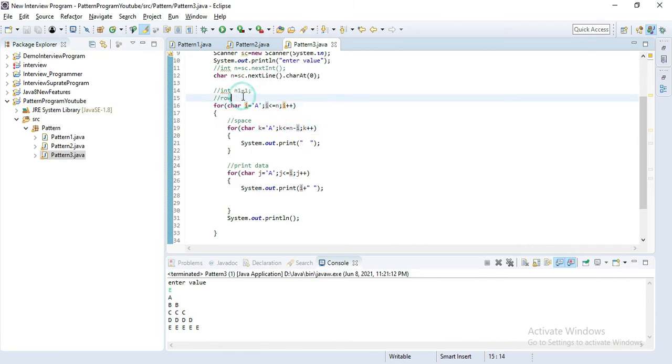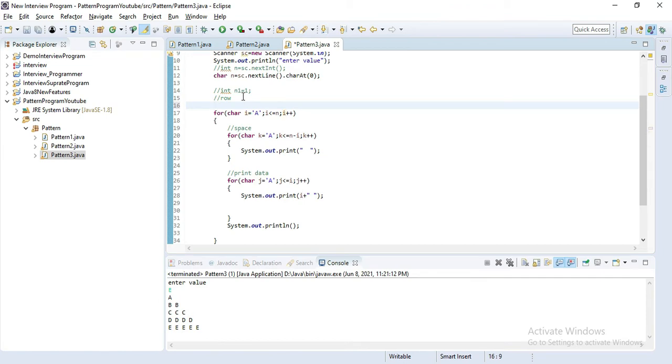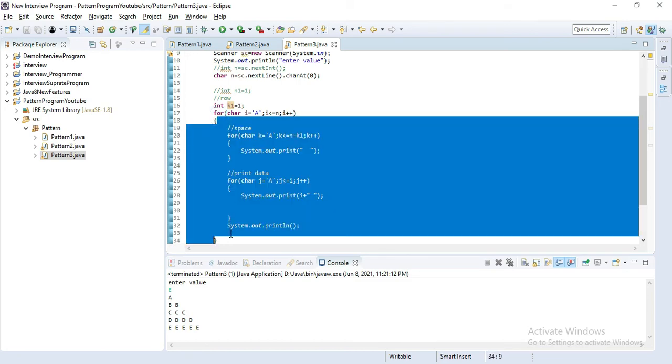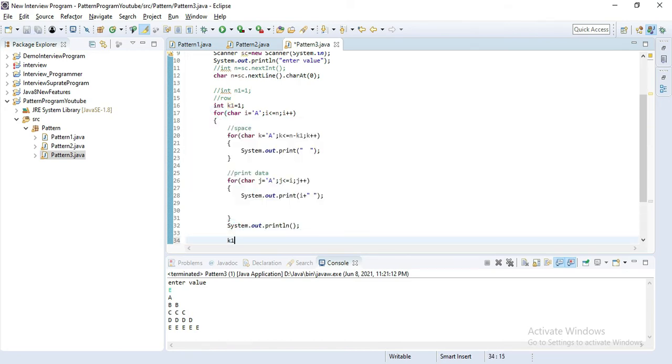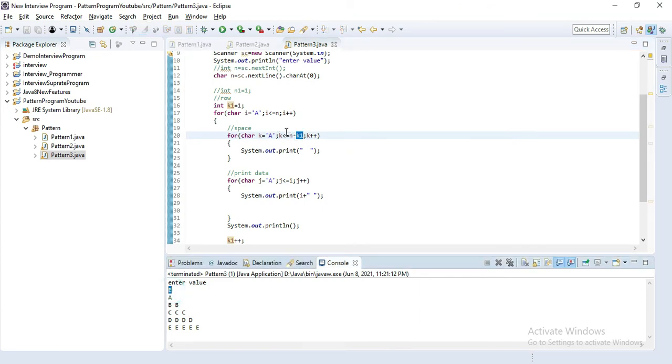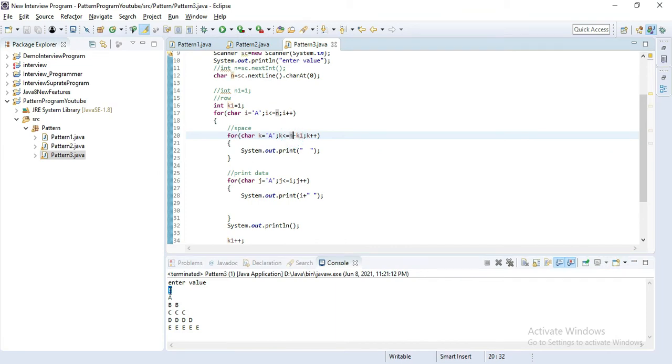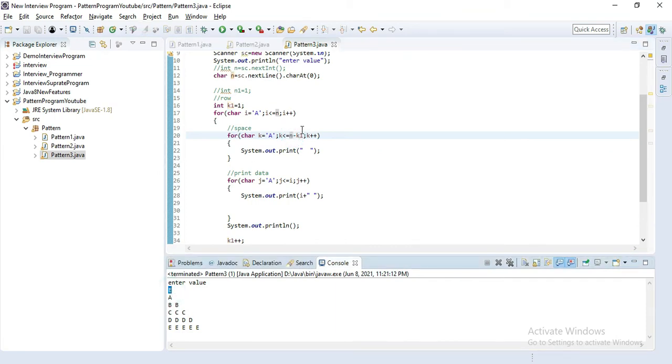So how can we do that? I'll simply define one variable for that. I'll create int k1 equal to 1, and simply instead of i here we put k1. Inside this for loop we will define k1 plus plus. It will increment by 1 every time, and that much value should be subtracted from e. E is nothing but n. Inside n is stored what we pass, so here we pass e, and that is stored inside n.